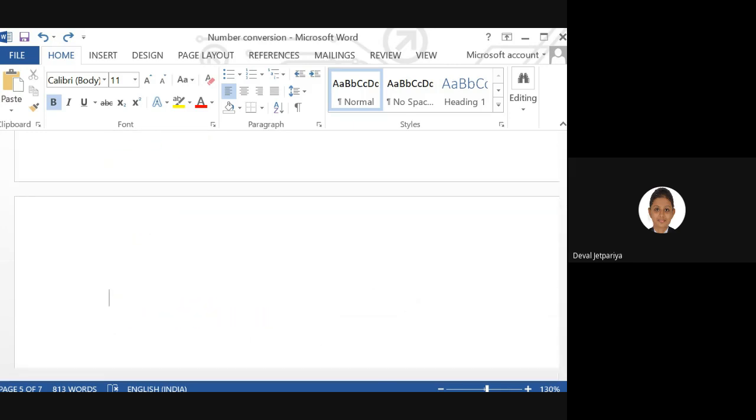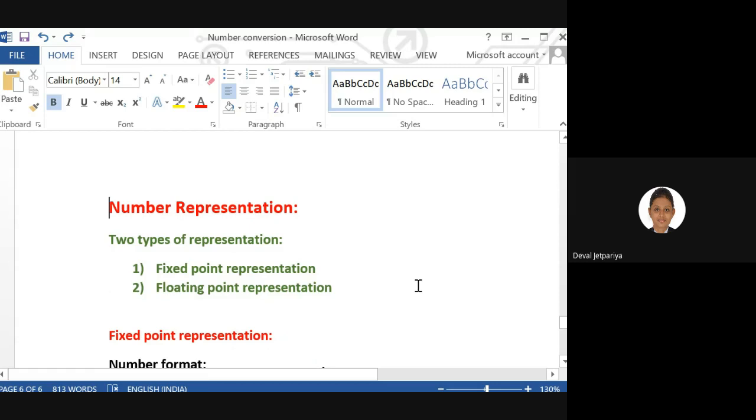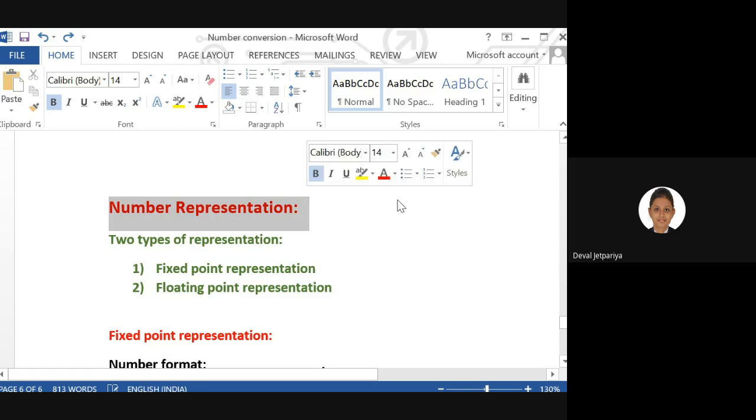So now the next and last topic in this tutorial is number representation. Now we had seen how we can convert one number into another base, as well as negative number representation, how we can directly find out two's complement, and how we convert or directly find out octal or hexadecimal of any number. That all we had seen, right? Now after that, this last topic is how any number can be represented.